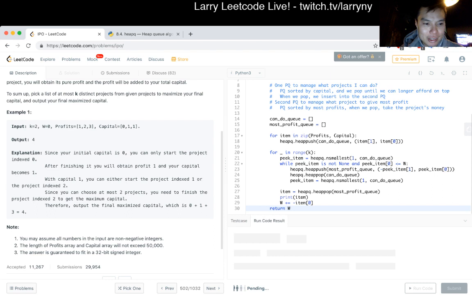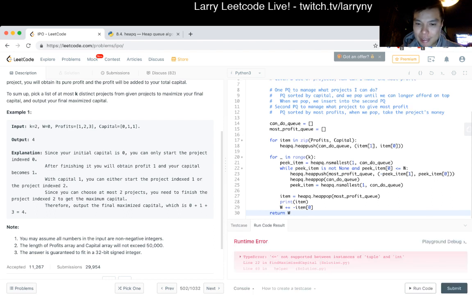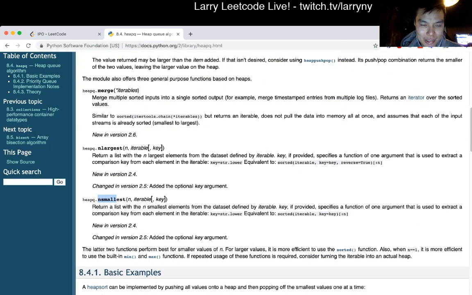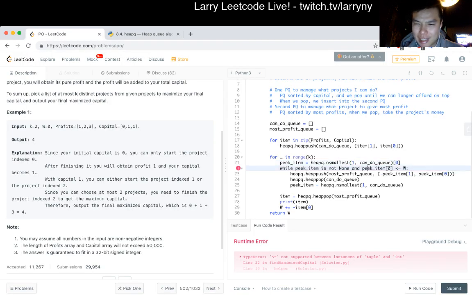Right, let's see what this returns. Double and int. Oh, why is this a double? Oh, because this is okay. Again, what? Man. What does n smallest return? Return a list of the n smallest. Okay. This should already be an item.